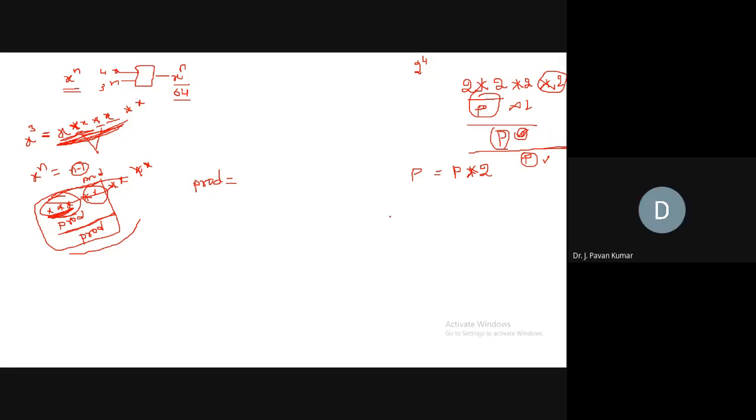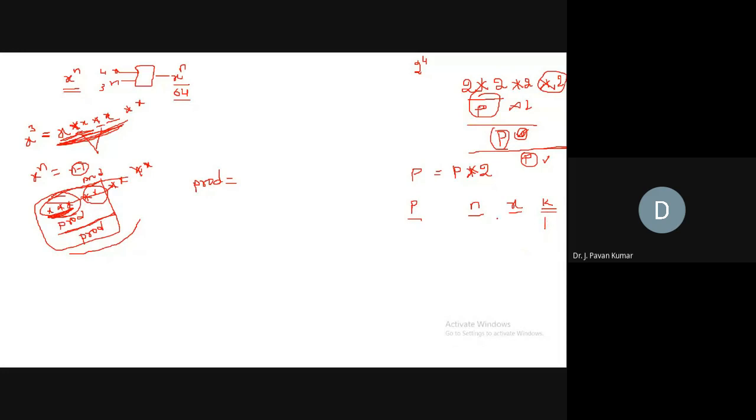Otherwise, I will tell you one way. Let us consider P, where P represents the product. Next, one more thing: N value and X value. We will also keep the count of how many multiplications we have to perform. N minus 1. So the K value we will start from 1, like a counter.